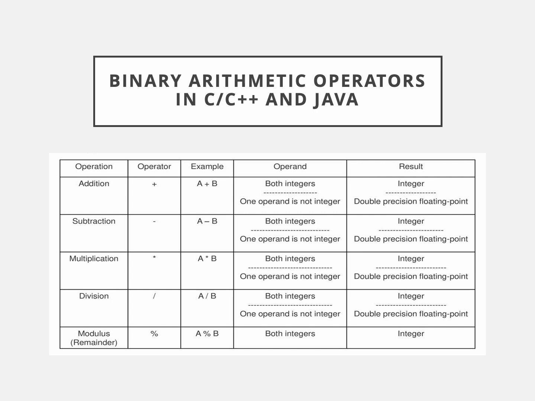For example, if you have integer x equal to 5 and y equal to 2, and double result1 equal to x by y and double result2 equal to double x by y, then on the first one, the result will be 2, the integer division, but on the second one the result will be 2.5,